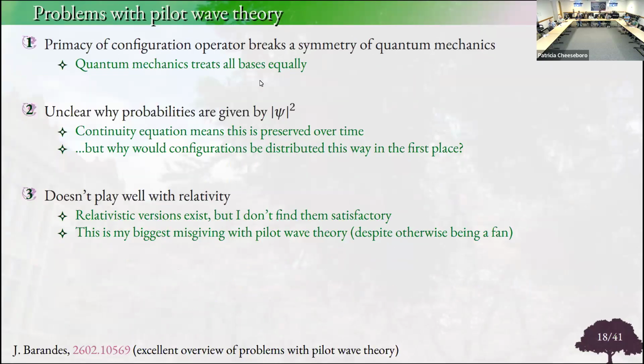And the last one, which is kind of the main reason that I'm not really satisfied with pilot wave theory, even though I otherwise like it, is that it doesn't play well with relativity. There are relativistic formulations that have been attempted, but they all have various sorts of pathologies and peculiarities. Perhaps the most damning of them is that the most well-developed relativistic formulations all require a preferred foliation of space-time